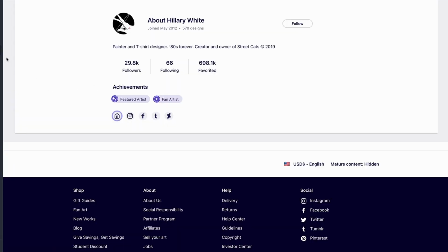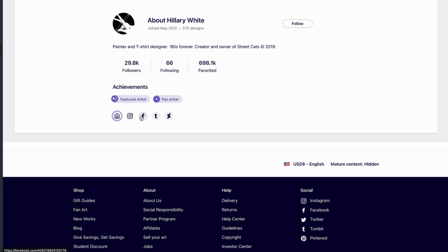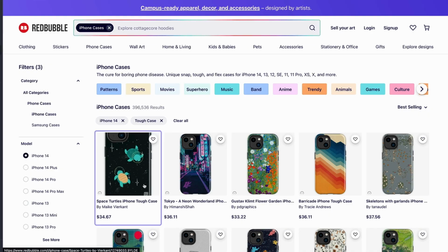That should say 2019 to 2023. What is she saying? That only the things that were created in 2019 are copyright? Might want to fix that one, Hillary. Go back to that home button real quick, because I think we've got an error there. Yeah, that's not working at all. Dead link, most updated, sort of updated, not updated, whatever. I was going to go a little bit higher for Hillary, but the broken links are really a killer for me, so B-. iPhone cases, we're going to go here to Micah